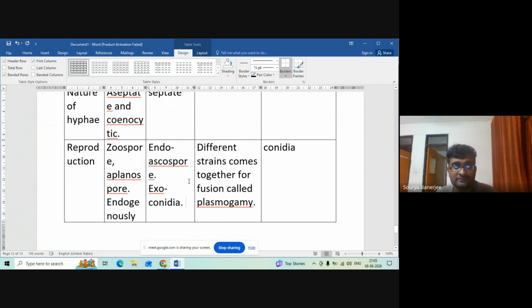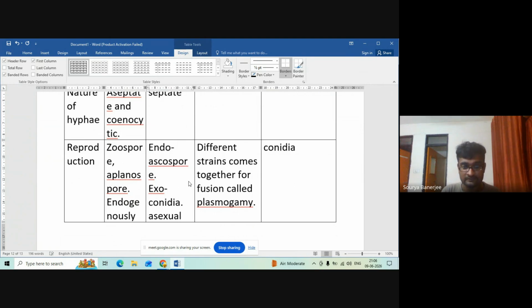What is the meaning of this? Please remember, this is very complicated to remember. There will be a question: in which kind of fungus group can both endogenously and exogenously formed spores be found? That will be the ascomycetes. Again, I am revising. The next question can come: ascospores are formed endogenously, exogenously, both of them, or none of them. So please remember, exogenously produced spores are called conidia. They come under